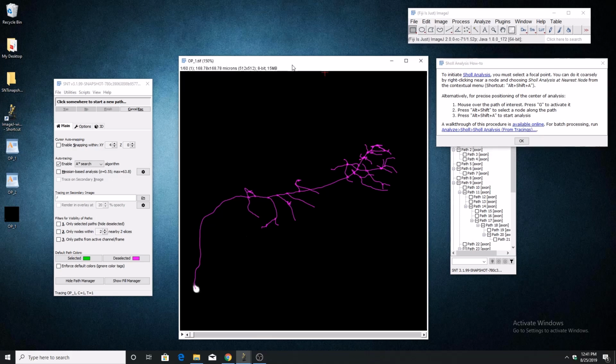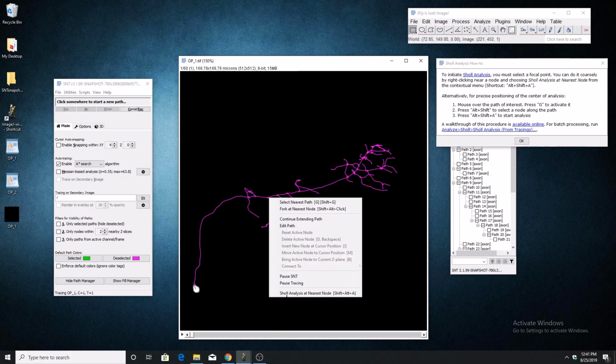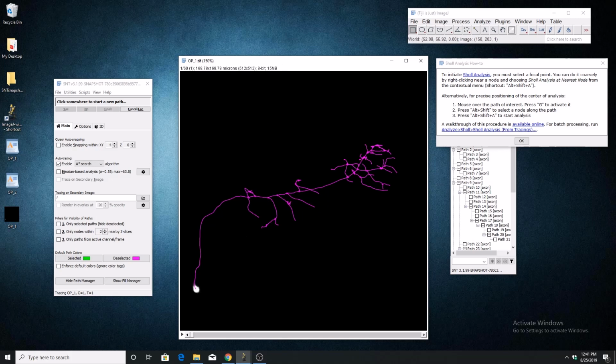And the first way of doing this is a little bit more coarse, and all you have to do is hover your mouse over where you want the center of analysis to be, right click and choose Sholl analysis at nearest node. But a more accurate way of doing this is to first select the path which contains the node